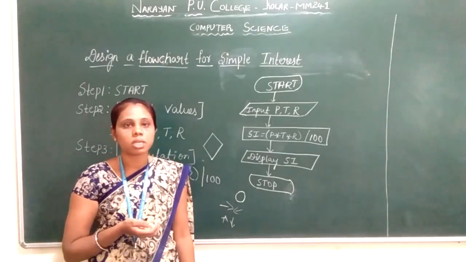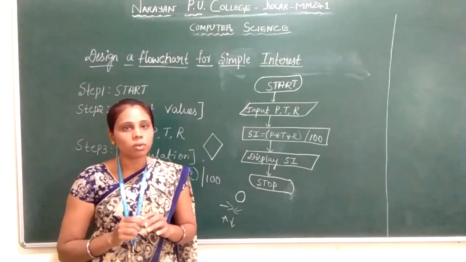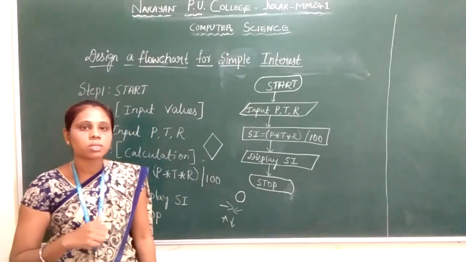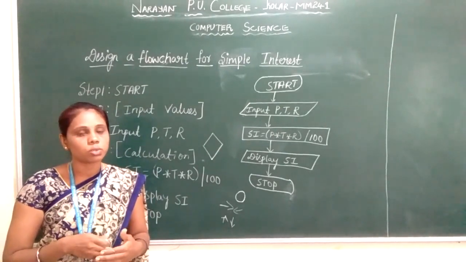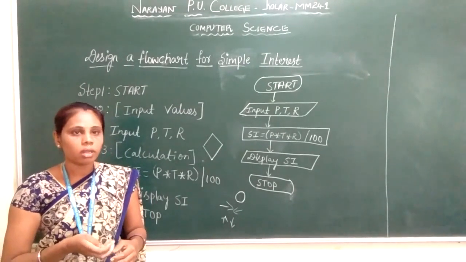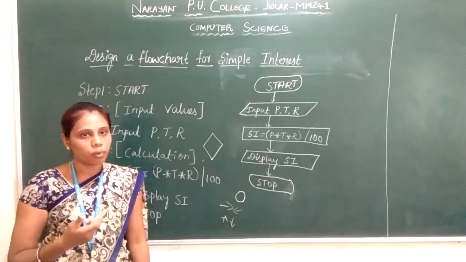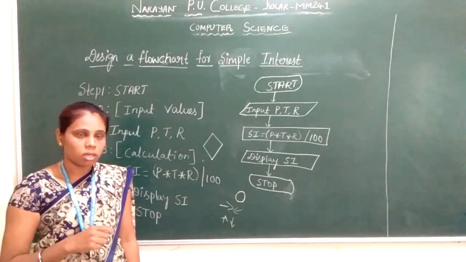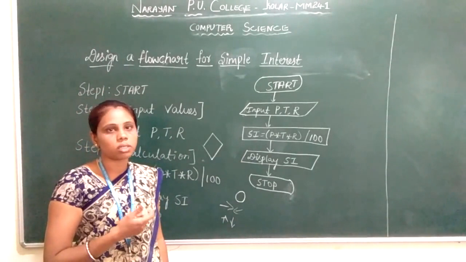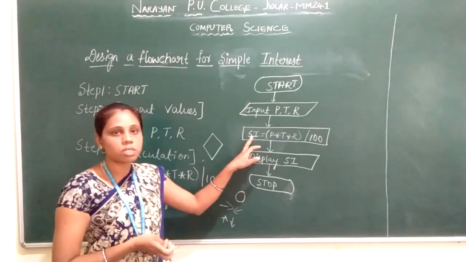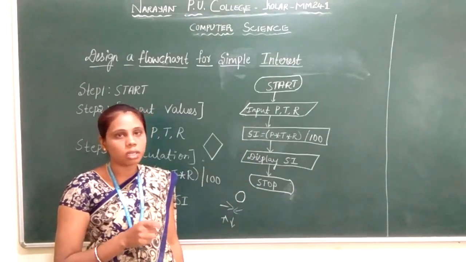Next we discussed about steps involved in flowchart. What are the steps? First we need to clearly understand what is the problem. Next we need to see what output will be generated after giving the input, so that input can be easily given. And next we need to design the flowchart. After analyzing the output and inputs, we are going to design a flowchart. Next we give different values to test the data, to test whether the operation is performing according to the given requirements or not. So these are the steps involved in designing a flowchart.